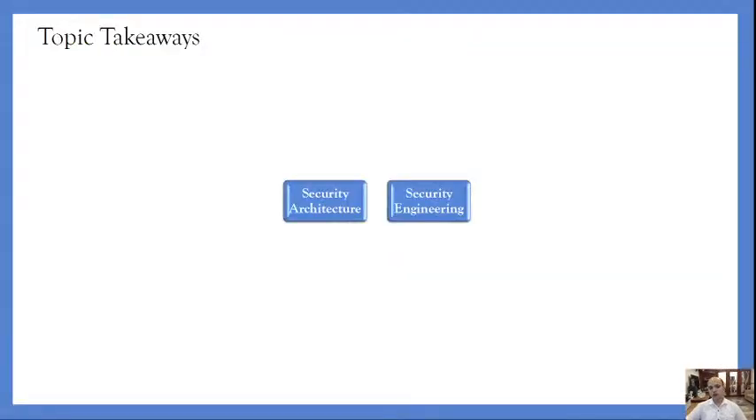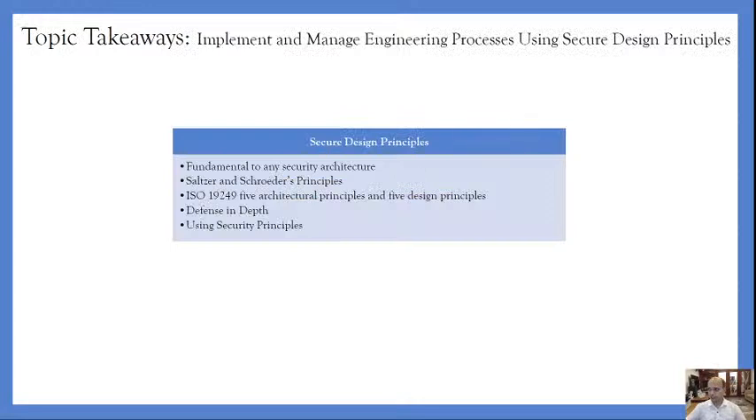When we are talking about the topic takeaways, the most important thing in the whole domain is understanding the base on which the whole domain is defined. Here the domain is for security architecture. So we need to understand what exactly security architecture means, and we also need to understand what exactly security engineering means. That is the most important topic takeaway. The next takeaway is